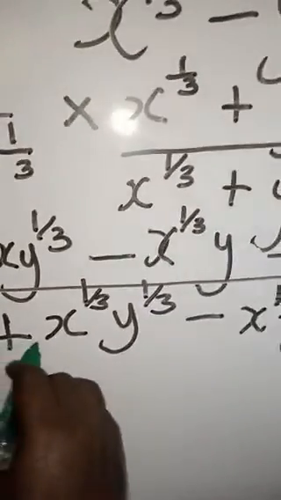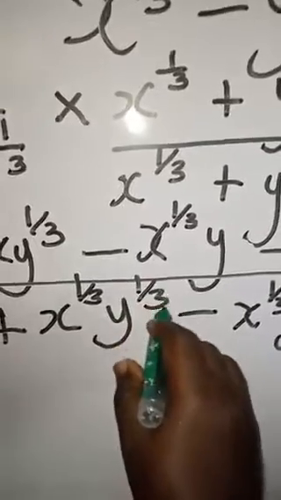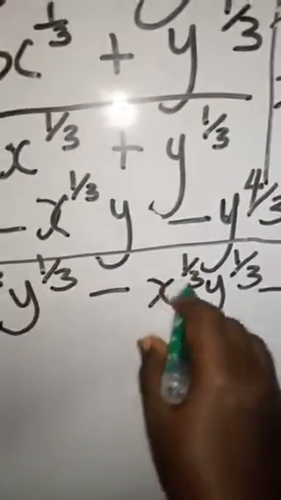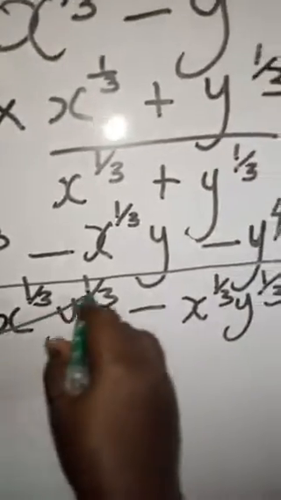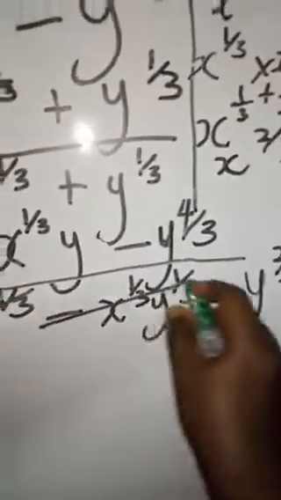Now, x raised to power 1 over 3, y raised to power 1 over 3 minus x raised to power 1 over 3, y raised to power 1 over 3. That is equal to 0. So they cancel each other. So